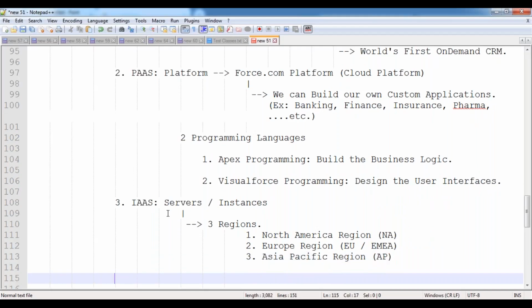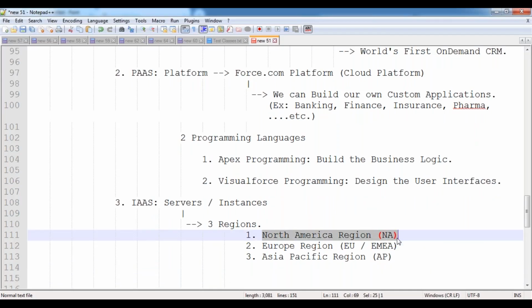In these 3 regions, Salesforce is maintaining their own servers. In that server, Salesforce is allocating the memory space, and in that memory space you can install your applications also.